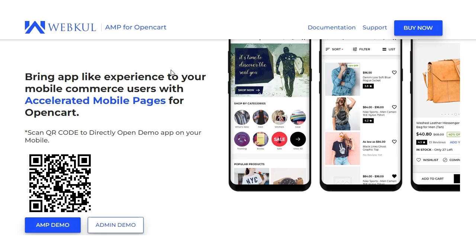So yes, that was much about the Opencart AMP plugin, and I hope it helped you out in understanding the workflow of the accelerated mobile pages on the mobile end and how to add the Opencart Accelerated Mobile Pages progressive web app to the mobile home page as well, and the working of the Opencart AMP within the PWA app